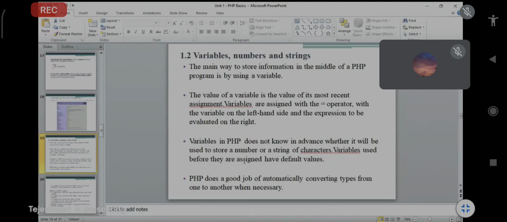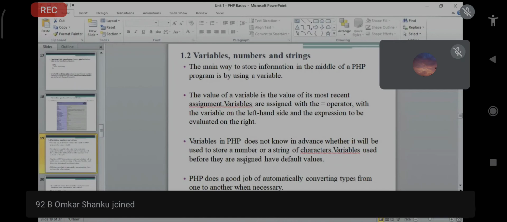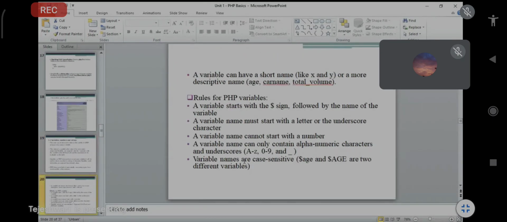PHP does not do a good job of automatically converting types from one to another, so we have to take care of conversion whenever we execute the code.